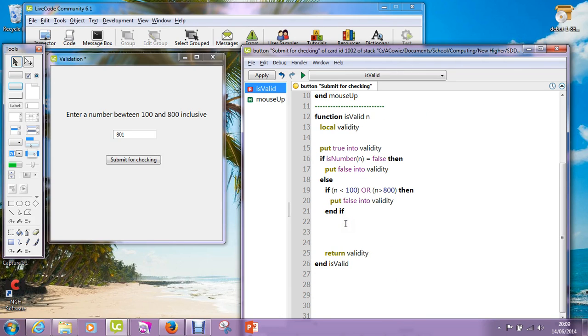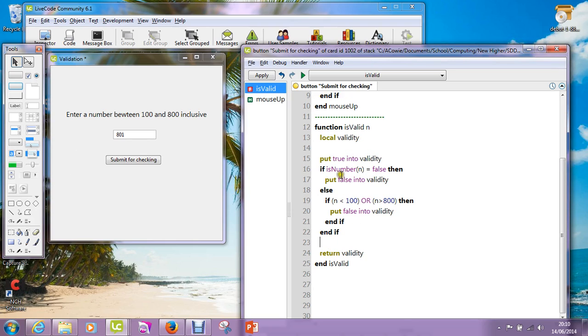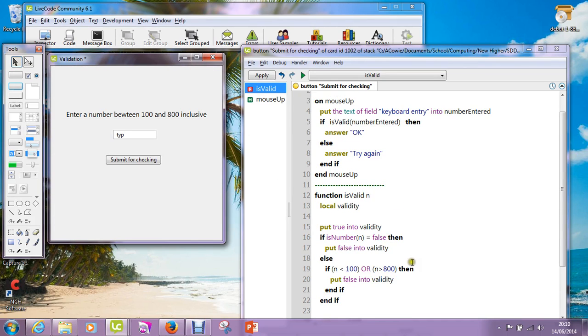So I'm just nesting the if statements, and that way, as soon as I find something wrong with the data and I put false into validity, then I can drop out of the if statement. So we'll just check that still works. That should be try again. 800 should be okay. 80 should be try again, and so on and so forth. Try again. So that's using a function,